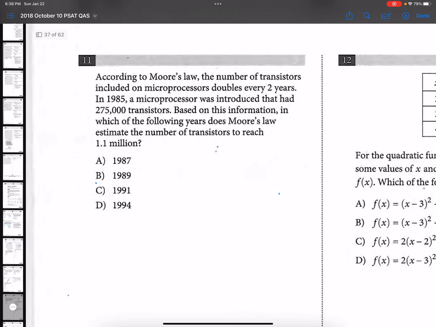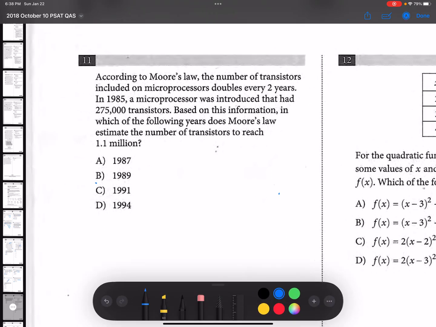Okay, number 11, according to Moore's law, transistors double every 2 years. And so in 1985, it's this much. So we have to make sure this changes into this. So if we do